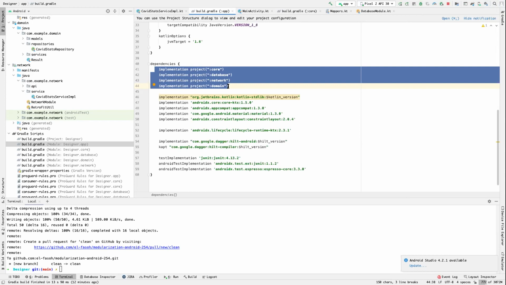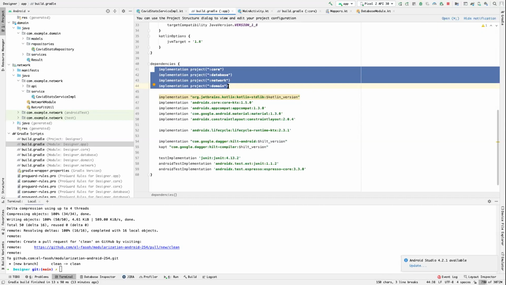Maybe I can comment on this. You could do that, but then say you have two modules that depend on something. When you try to build the application, you'll be providing two instances of that particular dependency. By doing that, you might have some conflicts, which will cause you to provide that particular dependency again in the app module, as Elphas suggested. Okay, that's fine. I think I would explore that.